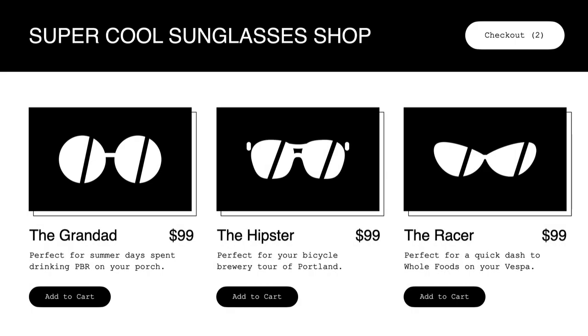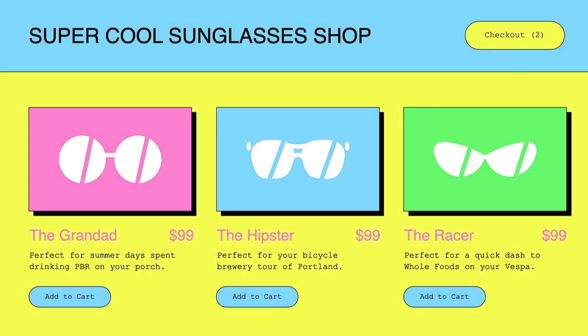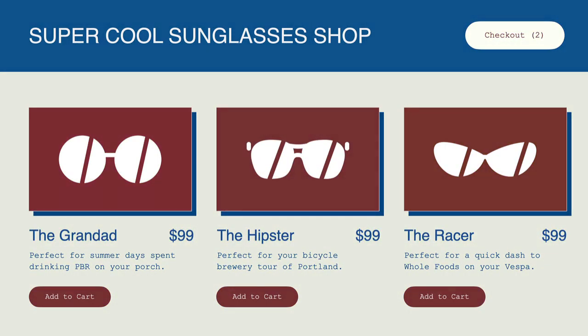As you can see from this example website, created for an imaginary sunglasses brand, color choices are among the most impactful decisions you can make about a design. They can have a big influence on people's perception of your product or website, and greatly enhance or hinder the